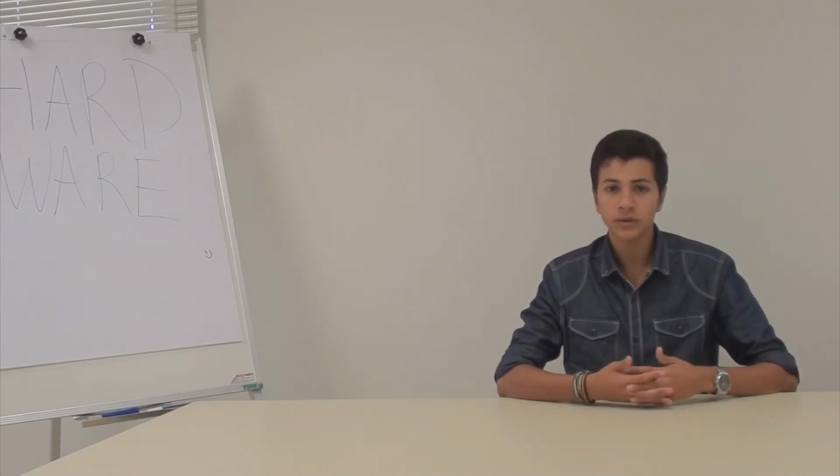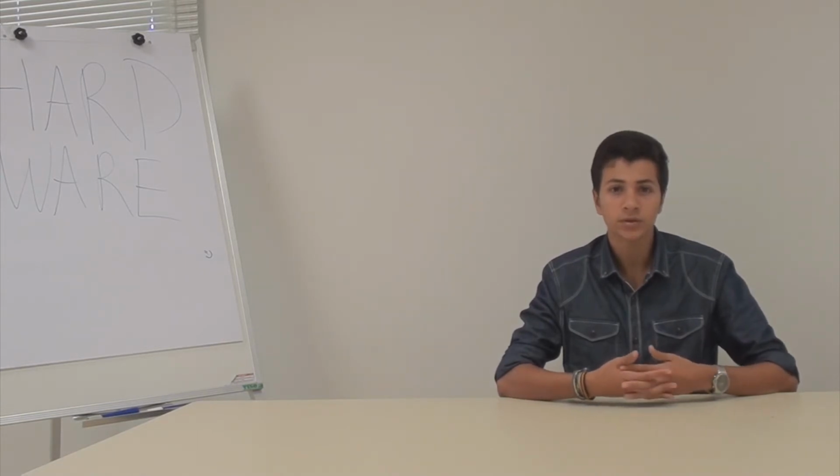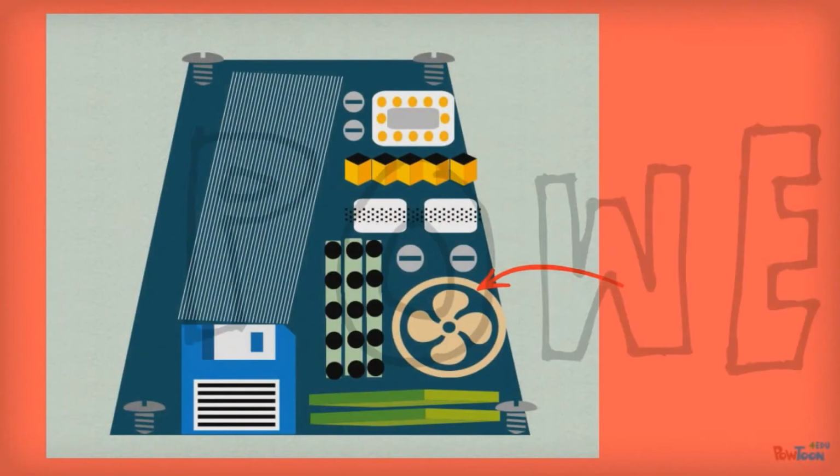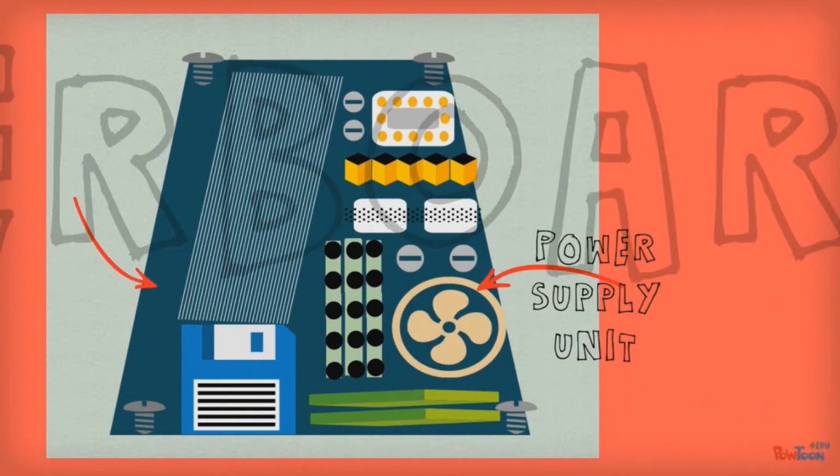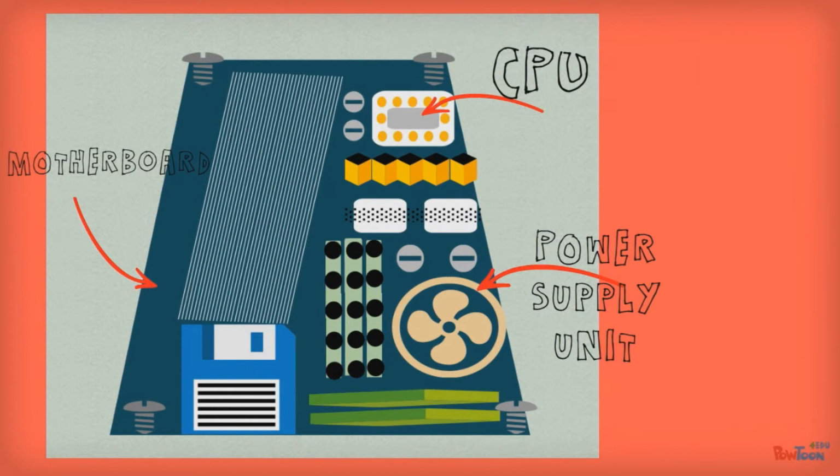If you break it down one stage, you'll be left with a flat platform called the motherboard. The motherboard, as its name clearly indicates, connects even smaller components of the computer and ensures they function appropriately. First comes the power supply unit, which provides the computer with the power it needs to run. Then comes the CPU. It serves as the brain of the computer, and it is in charge of interpreting and